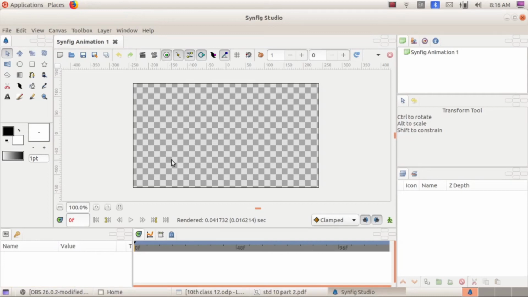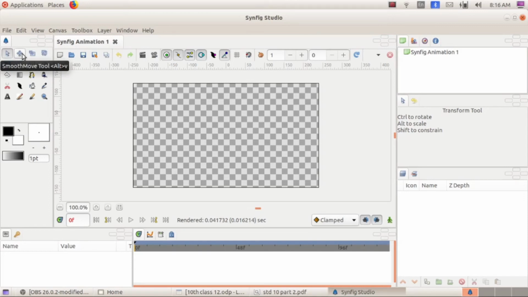Here it is the canvas, and in a similar way to GIMP, on the left side you can see the toolbox or tool palette, and some tools look like the tools in GIMP. Here you can see several tools. When you move your mouse cursor to each tool, you can see the corresponding name. First one is the transform tool, used to select.